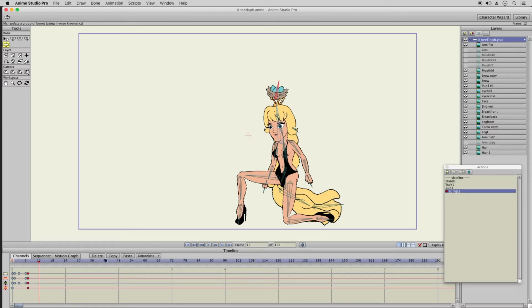And then I'll just copy paste to frame 12. Now it looks like a duplicate frame. Actually, I could probably just duplicate this one. Copy and then paste that there. It's not really critical, but